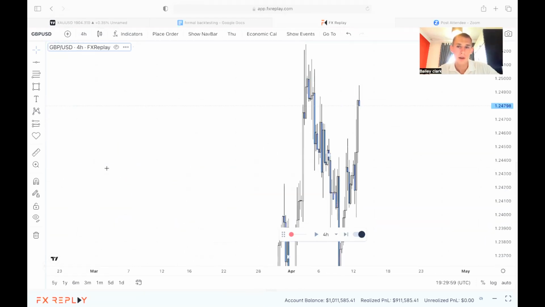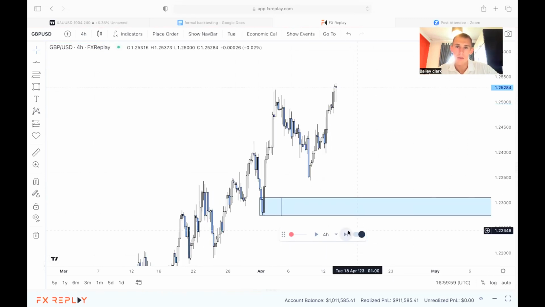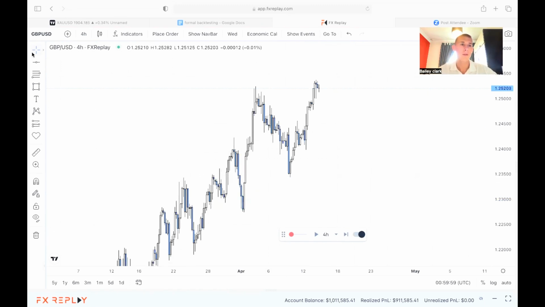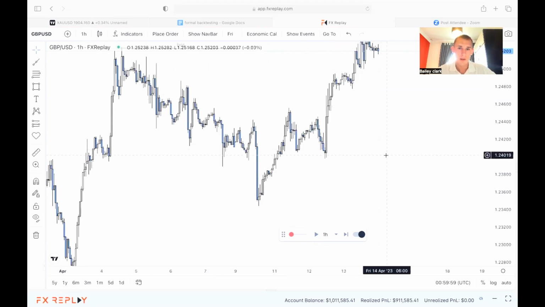Nothing too clean there, so just gonna wait a little bit. Okay, so now we have a further break of structure. So now that forms our new trading range, which is from the low to the high. And now we can wait for a retracement,